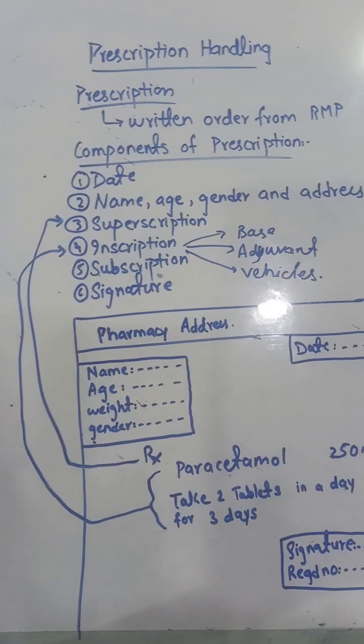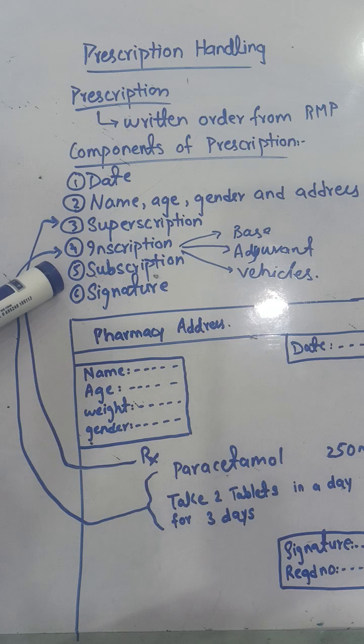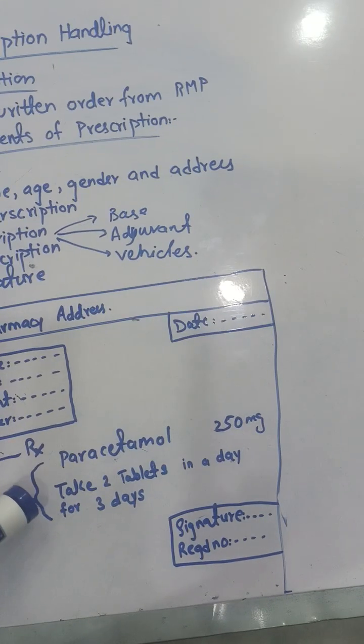Then the fifth part of the prescription is the subscription. So subscription is just the directions of the prescriber to the pharmacist. अब वो डायरेक्शन देने लगा है, ठीक है, जैसे फॉर एग्जांपल टेक 2 tablets in a day for 3 days, ठीक है। सो ये जो डायरेक्शन हमने दी है ये सुपरस्क्रिप्शन की का पार्ट आ जाता है, ठीक है।